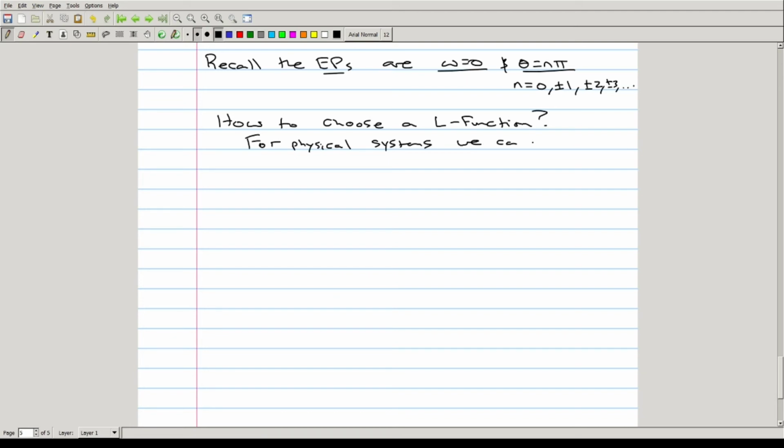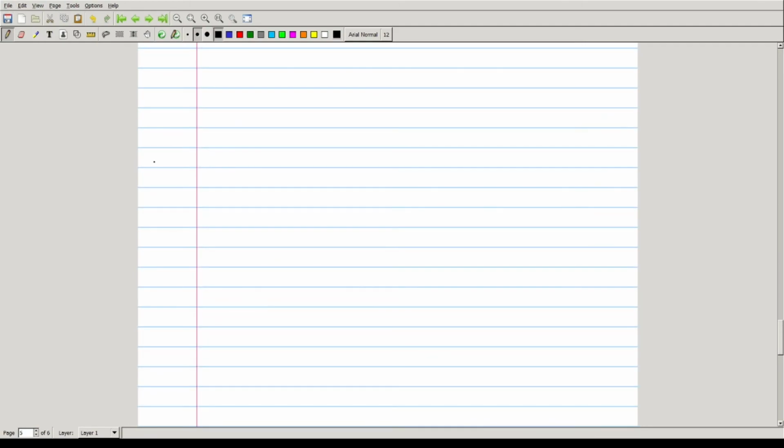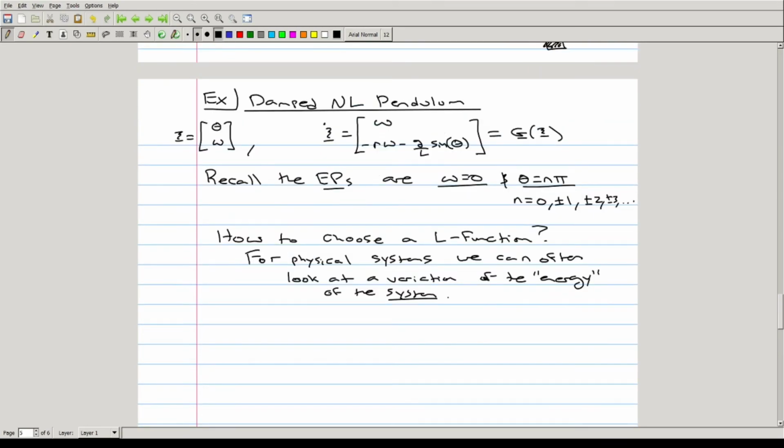For physical systems, we can often look at the variation of the energy of the system, which is really nice. So specifically for this system,